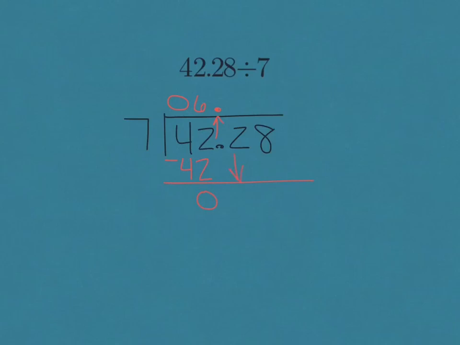I would bring down the 2, and this is maybe where you made a mistake. We'll see. 7 goes into 2 0 times. It can't go into it, so we would just basically subtract off 0. So that's an important one that students sometimes forget. You check, did you include that 0 or not? Then I bring down my 8, and 7 goes into 28 4 times. My final answer is 6, and make sure you can see my decimal,